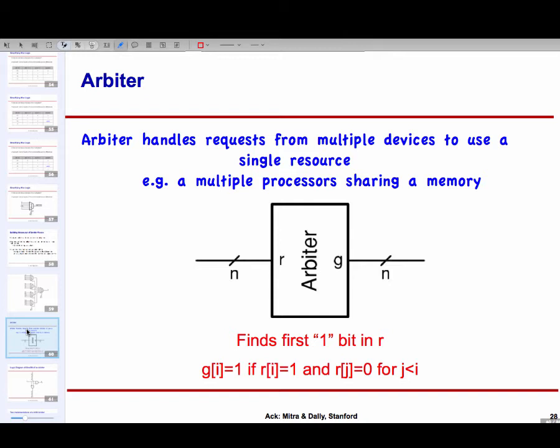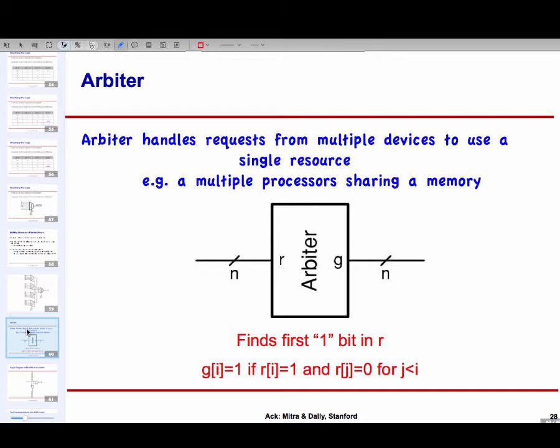And what we do is at any given point in time, we tell the devices, if you want the resource, make your wire 1. So if they need the resource, if they want to play, they raise their corresponding wire. So if 3 devices want the resource, 3 of these wires would be high. But we are allowed to have only one winner.